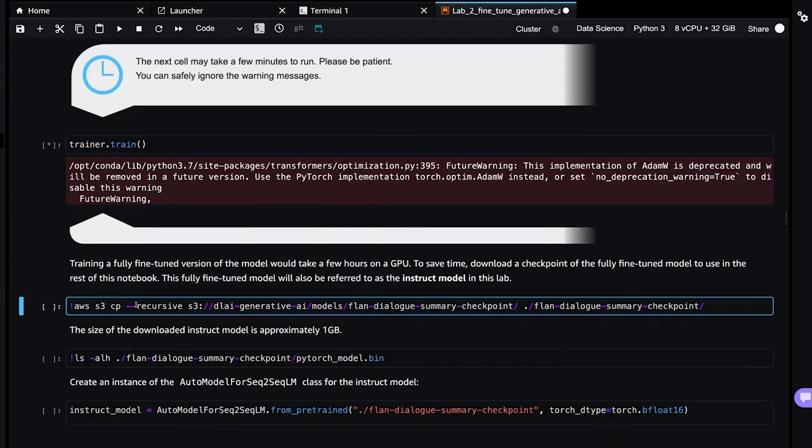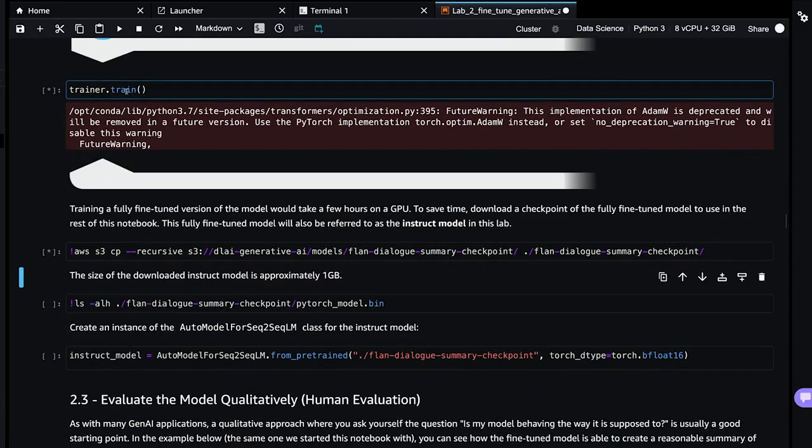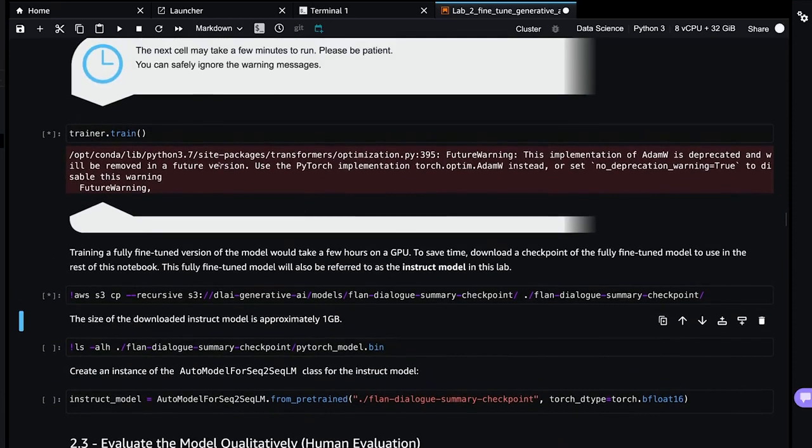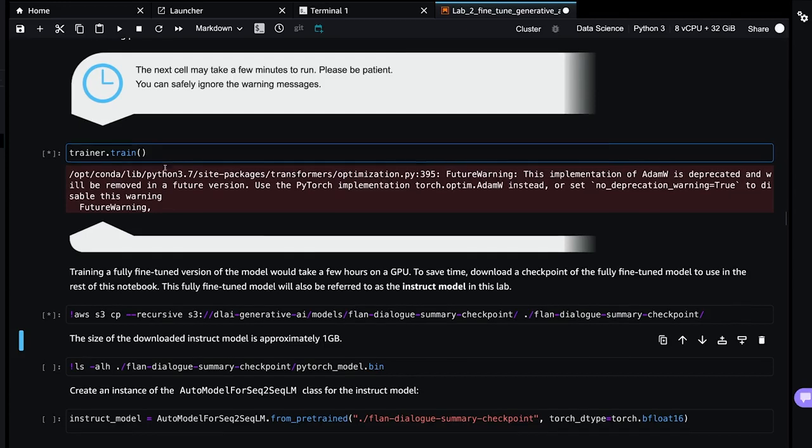And then here's that step where we actually pull in from the cloud object storage a model that we trained outside of this lab that is a little bit better. And so we'll actually start with that. Let's give the train a few minutes to complete. What we're doing here is we are actually instruction fine-tuning our FLAN T5 language model with our specific data set on a very specific summarization task. And then later we'll see how the Rouge metric compares between the original model and the instruction fine-tuned model